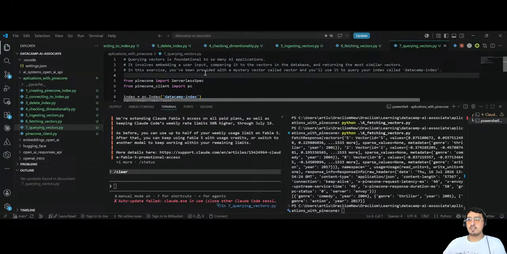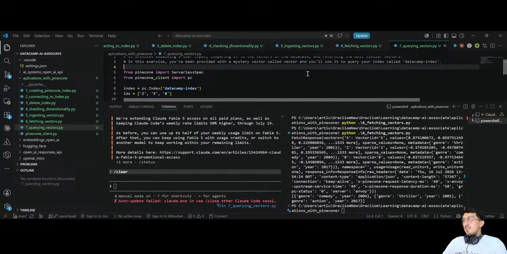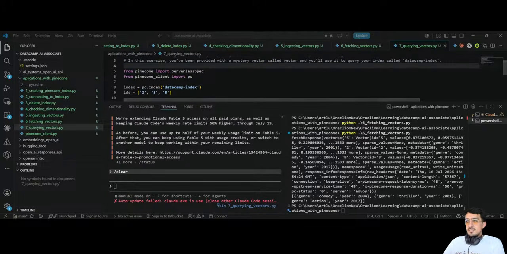Okay, it says querying vectors is foundational to so many applications. It involves embedding a user input and comparing it to the vectors in a database and returning the most similar vectors. With a mystery vector called vector, you will use it to query your index called DataCamp index. Okay, so